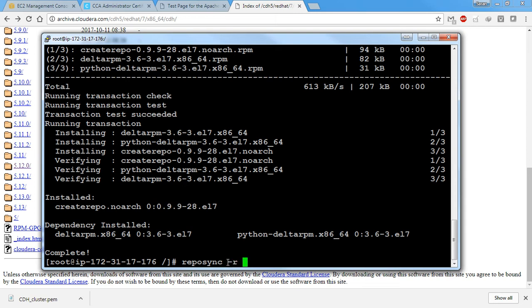So reposync -r and then cloudera-cdh5. This command will download all the available RPMs in the cloudera-cdh5 repository, and then we need to copy the RPMs inside the downloaded directory. Like for the Apache web server, there will be a directory called /var/www/html. So before running this command, let me go to my web server directory,